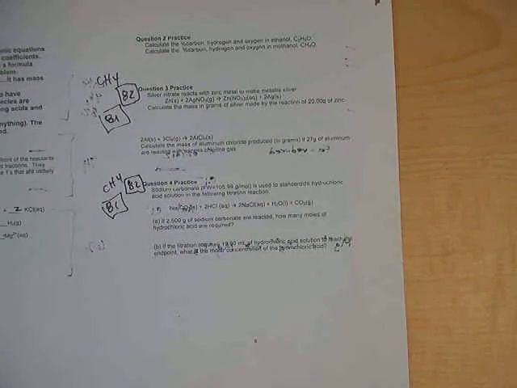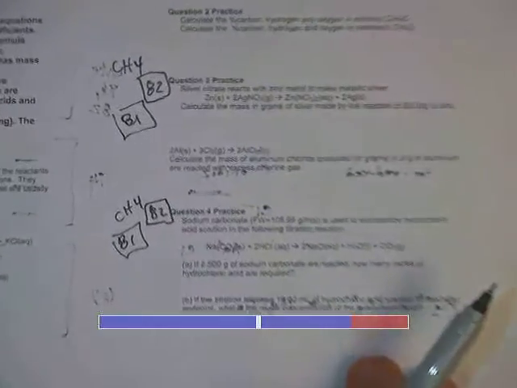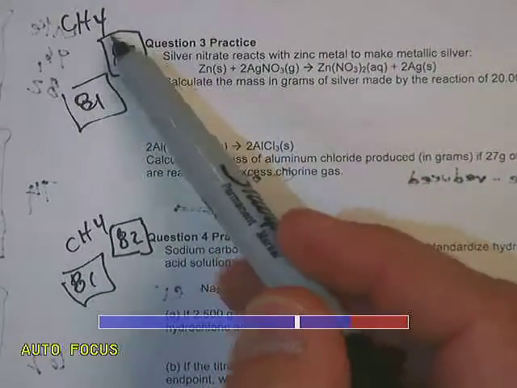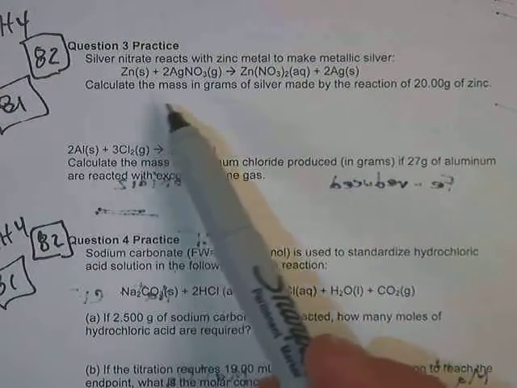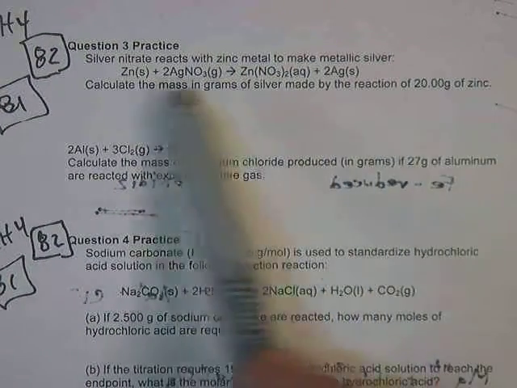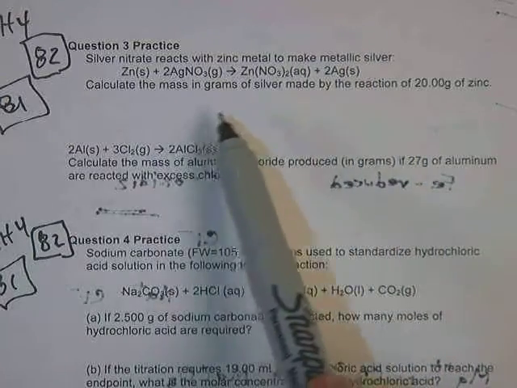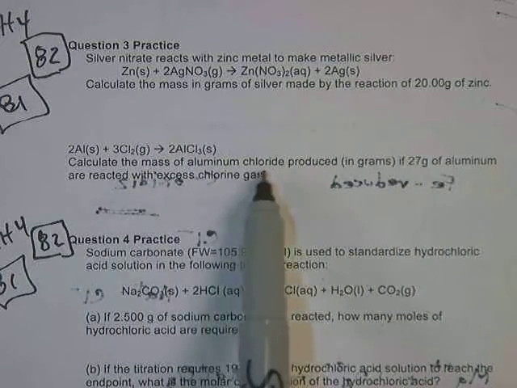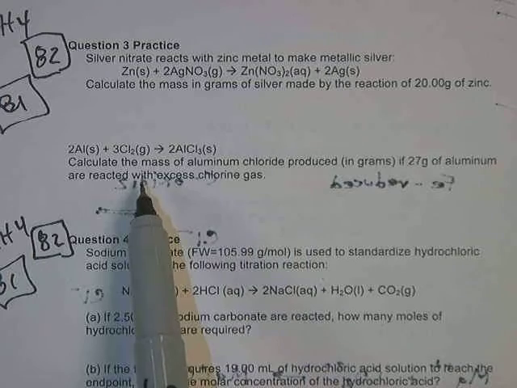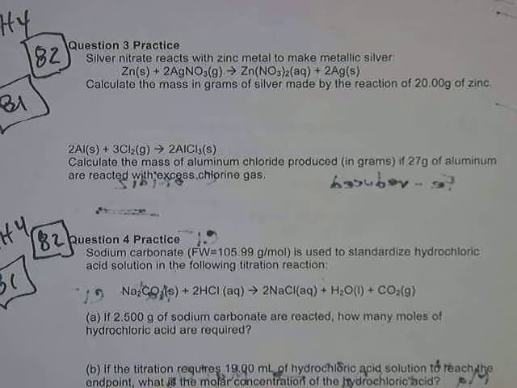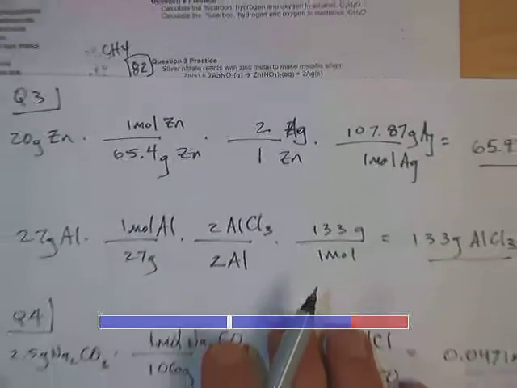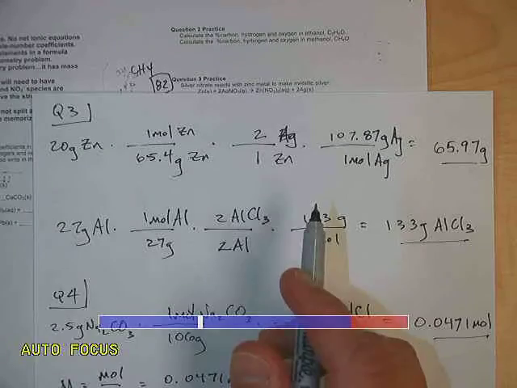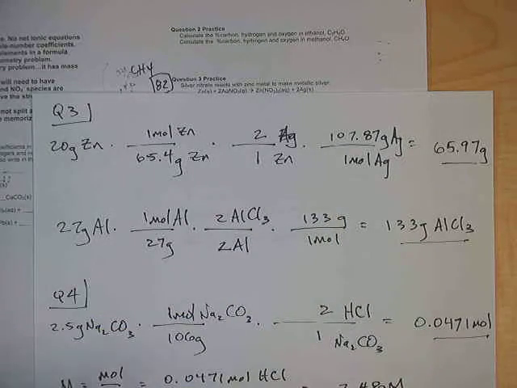Okay, the next question was stoichiometry problems, and this is problems similar to chapter 4, 82 and 81. You can see right here is one where we have a balanced equation and we want to calculate a mass, and here's another one where we have a mass and we're reacting with excess chlorine gas. I did both of these on separate paper as well. So here's the first problem with the zinc,